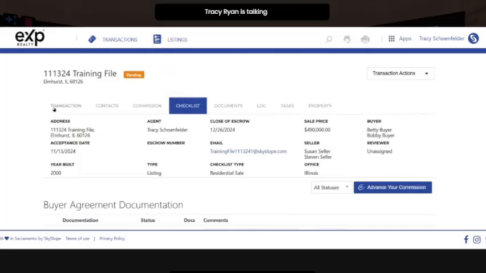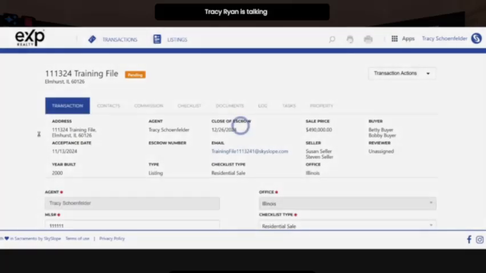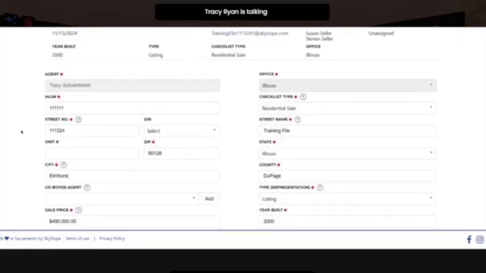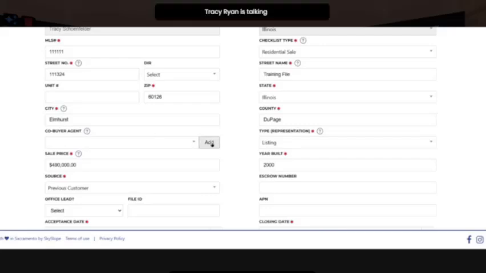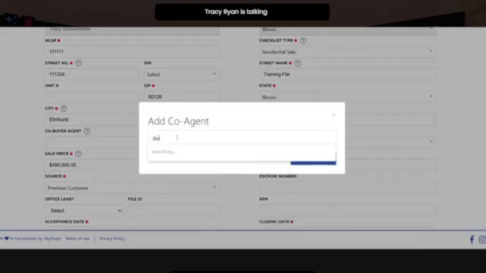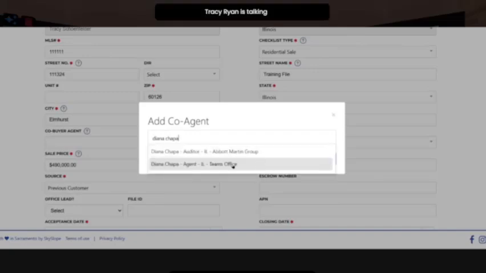Okay. Back a while ago, I told you that adding a co-agent was difficult from the setup screen. It didn't work quite right. So you can come down here to co-buyer agent. You can click add, and I could add, for instance, Diana Chapa, who is one of our CCAs and is also an agent. I could add her here, okay,